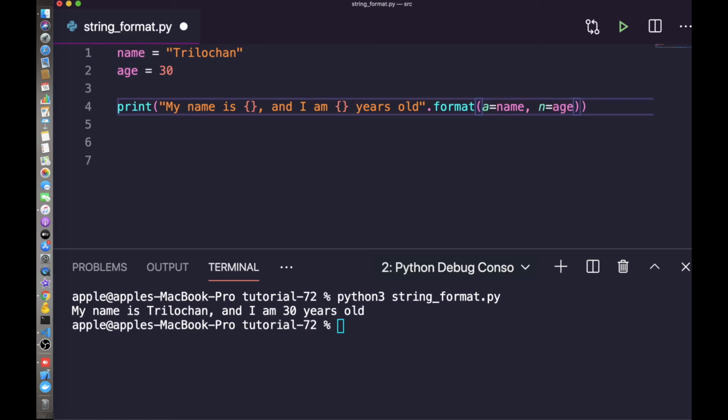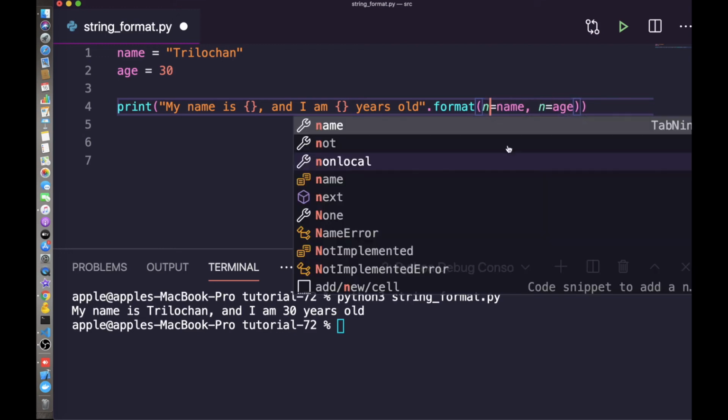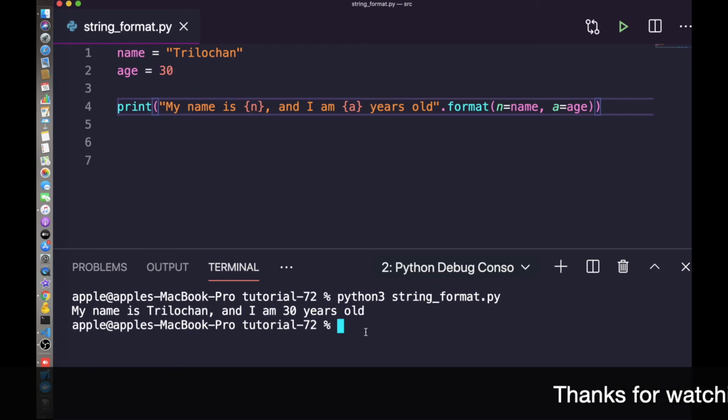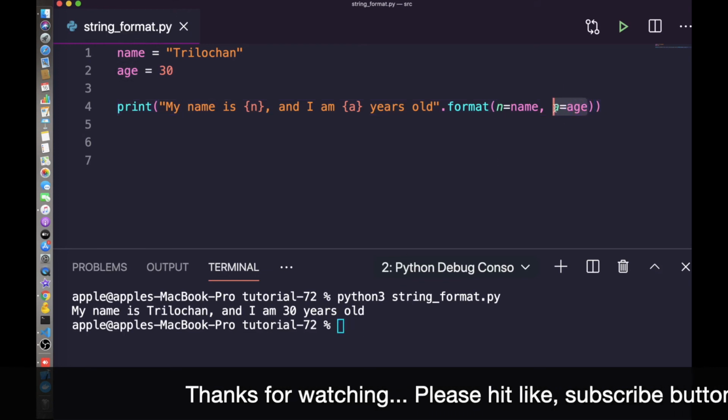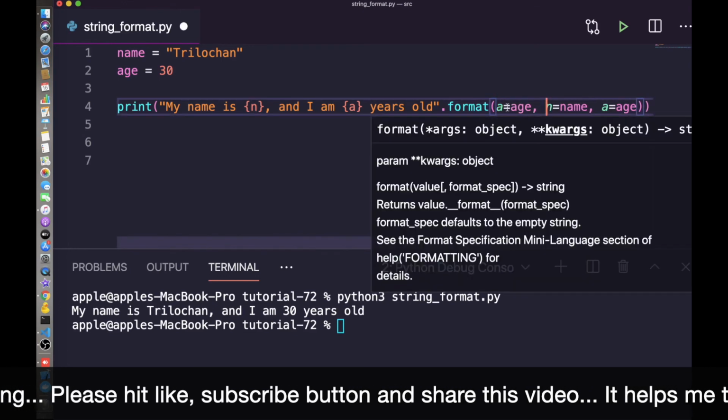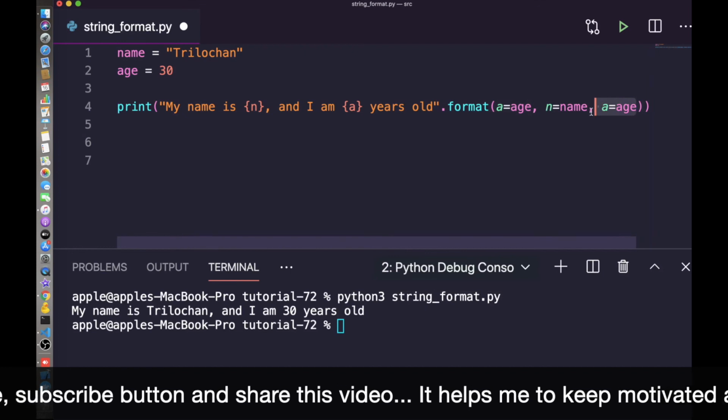I think it will be better if I write n equals name, and a equals age. It does not depend on the order. You can write n here and a here, so it will show my name is Trilochan, and instead of a it will replace your age, 30.